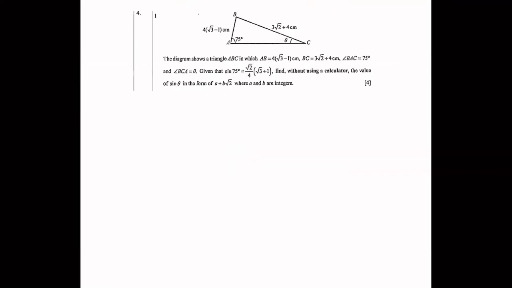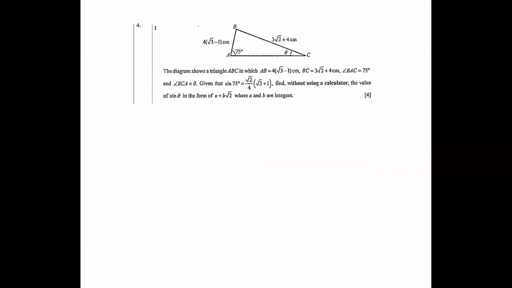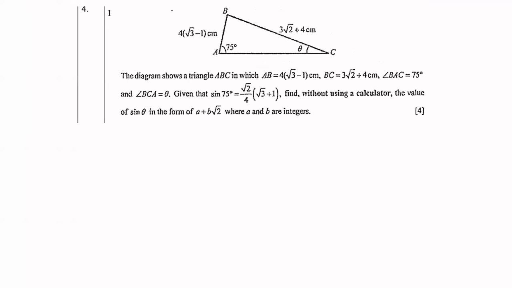This one, question 4, you need to use the sine rule. Let's take a look. So you have this 75 degrees, this theta, and some other angle. Then you have two exact lengths, AB and BC, in terms of surds. The diagram shows a triangle ABC in which AB equals blah, BC equals blah, angle BAC is 75 degrees, and angle BCA is theta. Given that sine of 75 degrees is this exact value,